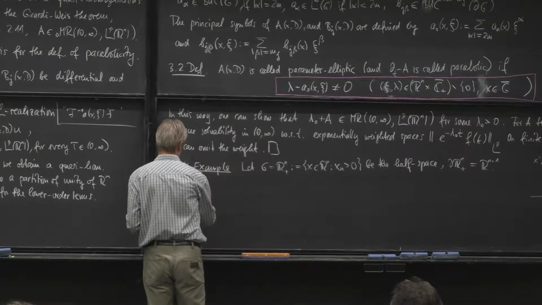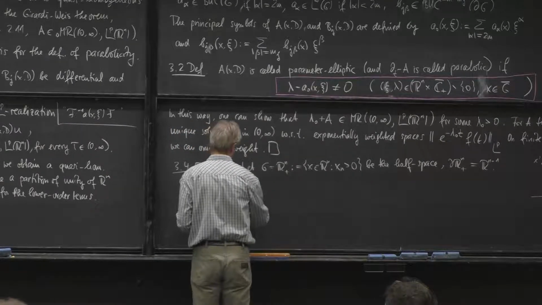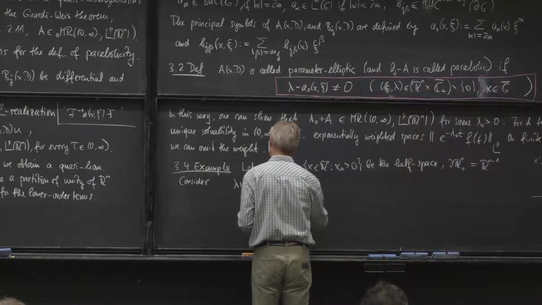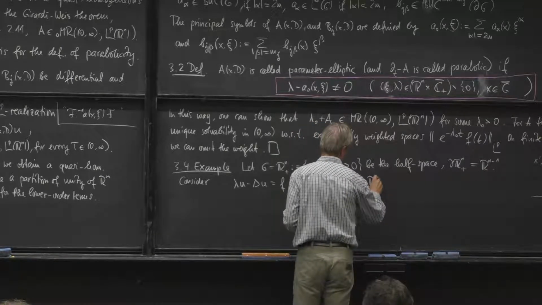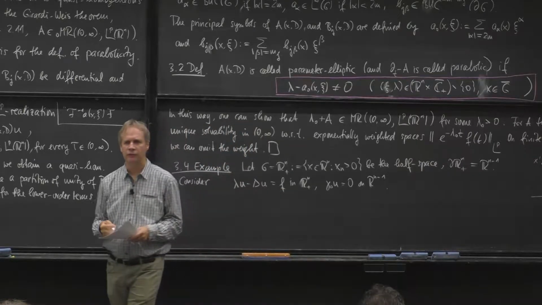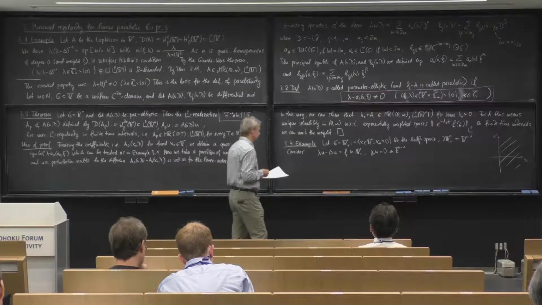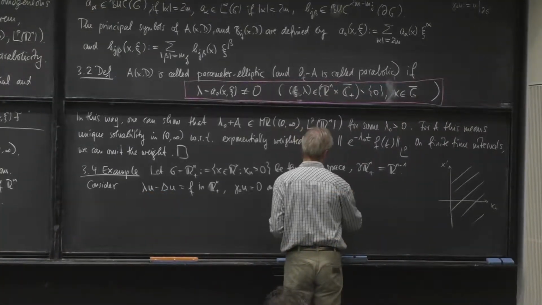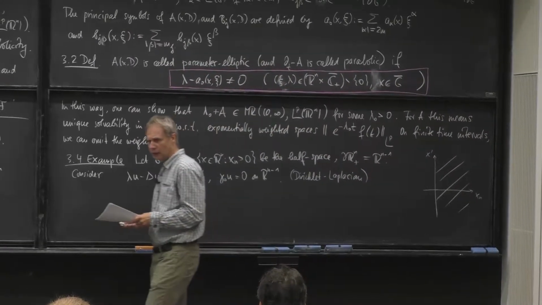So consider, and I write already down the resolvent, not the instationary problem, lambda u minus Laplace u equal f in the half space, Rn plus, and gamma 0 u equals 0 on the boundary. This is what I have to solve. This is the resolvent equation in the half space for the Dirichlet Laplacian. Okay, how can we solve this?